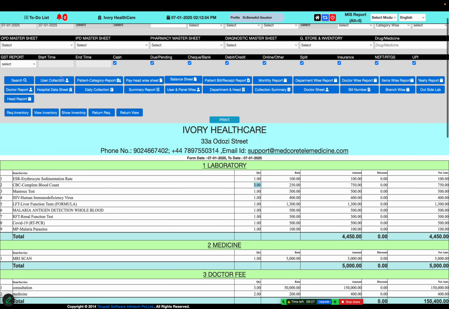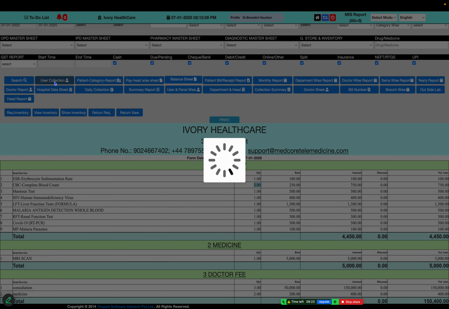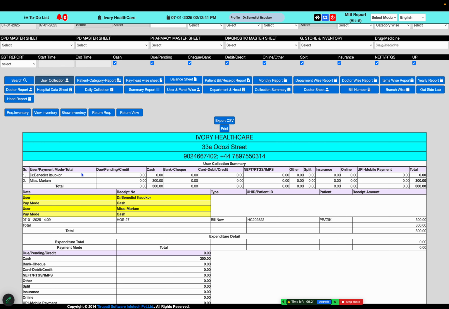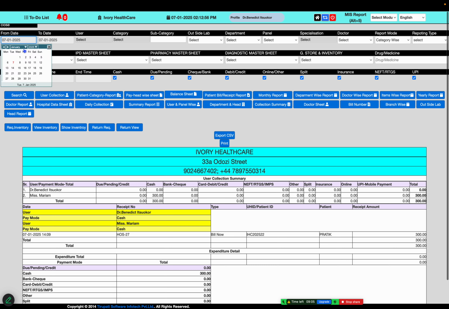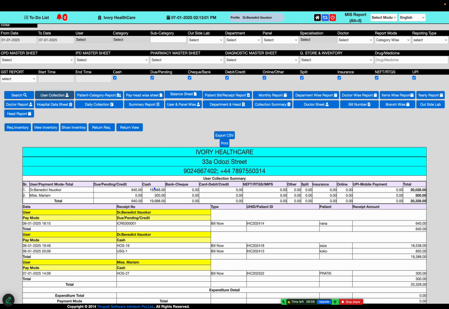Now to recheck the revenue on the user side, we can click on the user report. This will reflect entries into the user collection by mode of payment. The first user, Benedict, cash collection, UPI collection, debit and credit card collection wise report can be seen. If we apply a long duration filter and search the user collection report, this way the due pending report from user ID Mr. Benedict, and this is the cash collection of the user ID.